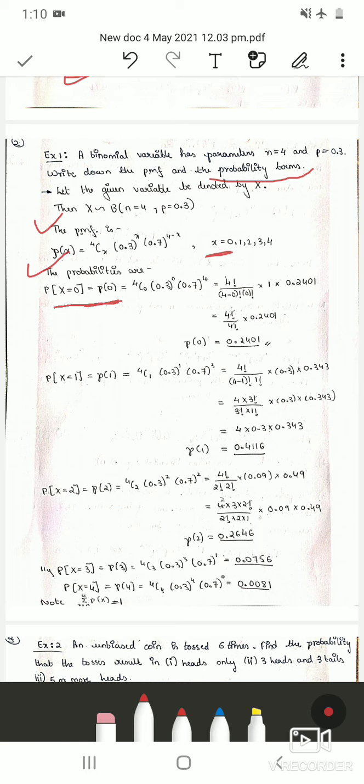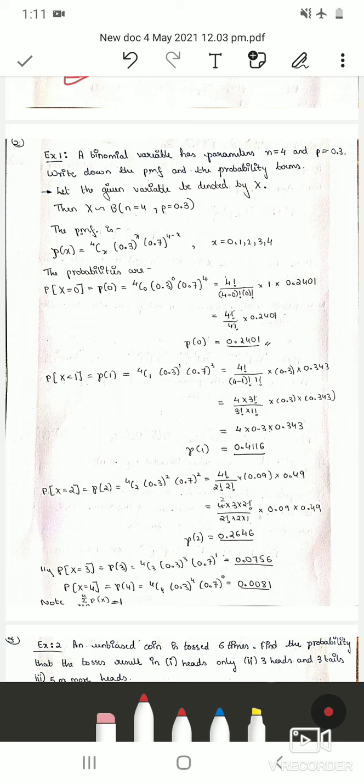So if you go through the definition of probability mass function, you will understand the statement and why we are taking probabilities. So therefore P of x equal to 0 is p of 0. Now this is nothing but small p of x. In place of x we have taken 0. This is your PMF. Wherever x is there, you substitute x as 0 and simplify. You will get the probability when x is equal to 0. So I have explained for few problems how to calculate. For the remaining, you guys try to find out.